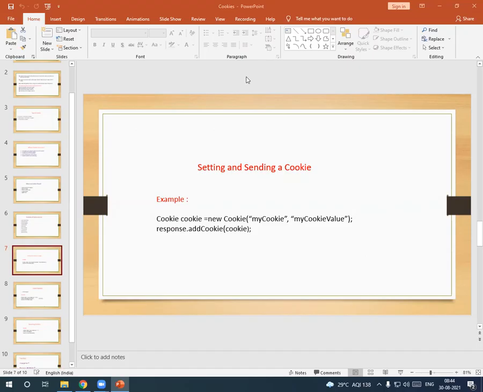And read the cookies is an array type object. So to read the cookies, array is equal to request.getCookies, then print out the cookies, out.print, the cookie array value .getName. This way we read the cookies and set the cookies.